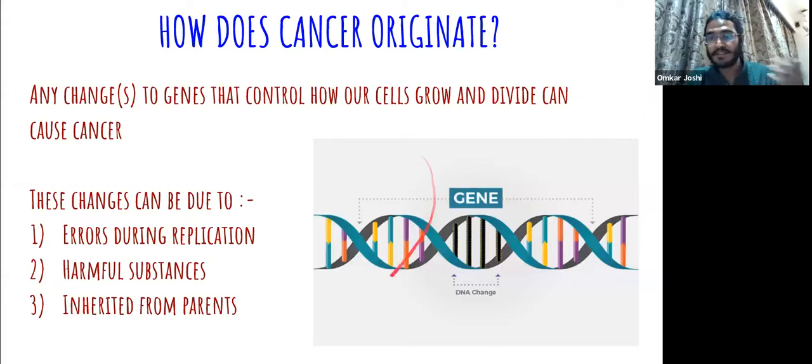The second thing that is one of the major reasons is harmful substances. Harmful substances like tobacco, like alcohol, or naturally occurring substances like asbestos, certain oils which are found in mines. All of these substances and any other substance which can go and damage your DNA. So for example, here you have a nice DNA strand. If this is the coding region for a gene, you can see that there is a damage here. So any substance which can trigger such damage can in theory cause cancer.